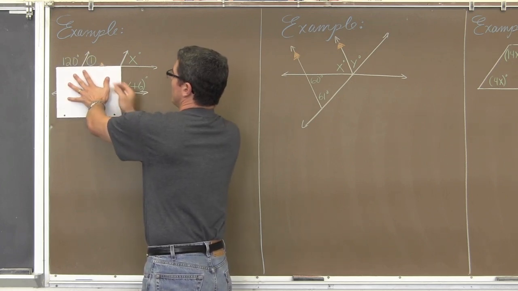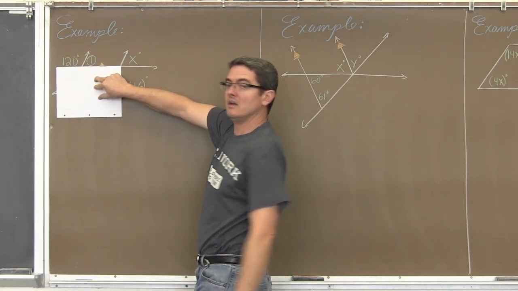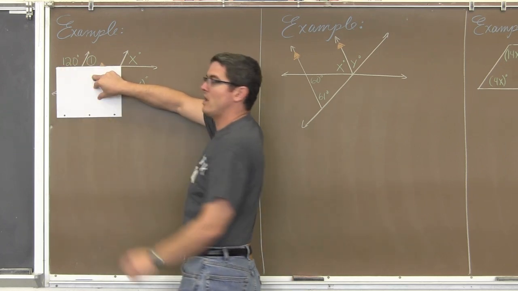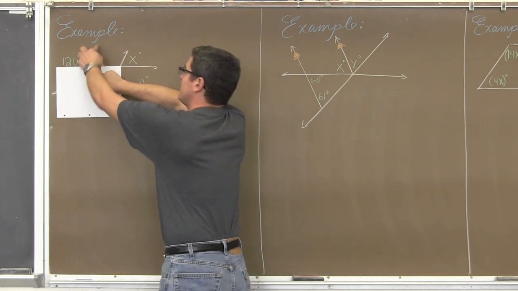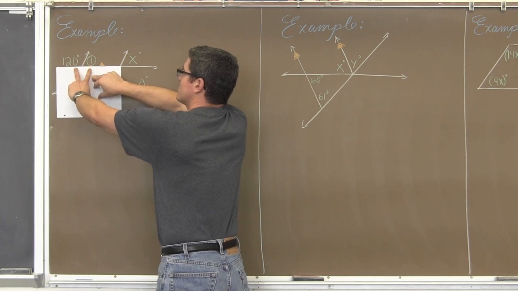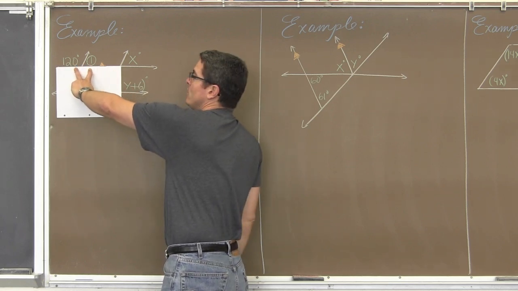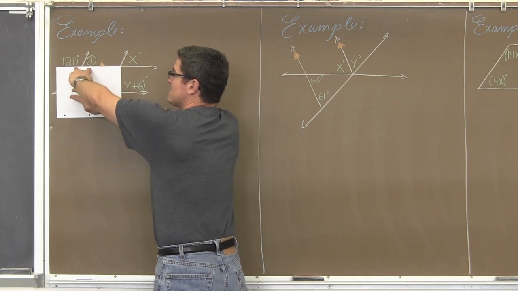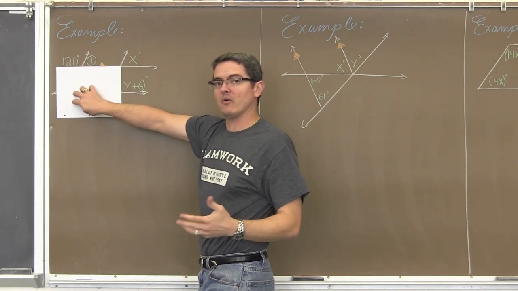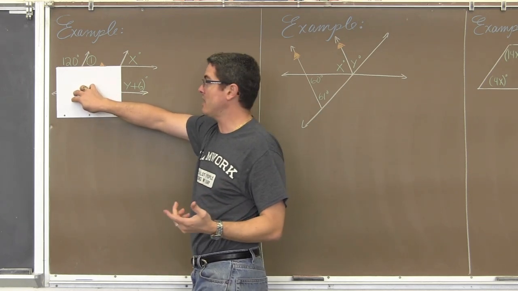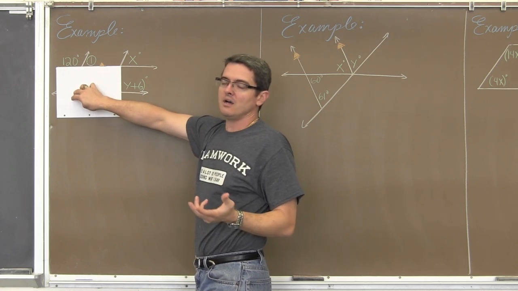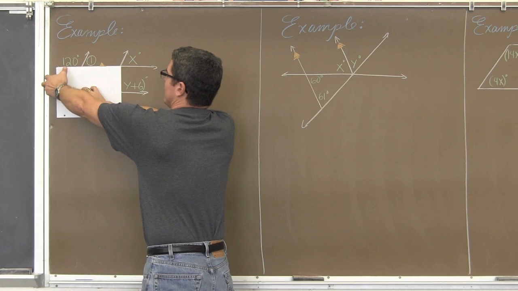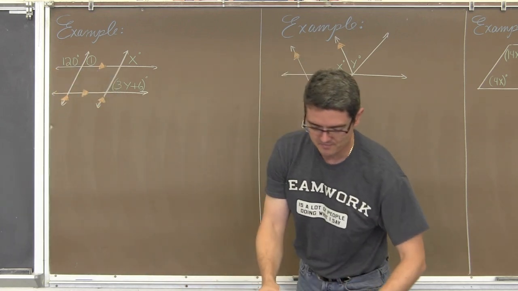If I cover up even more of this diagram, we see that this angle here, the 120 degrees, and this angle that I've put the 1 inside the corner, this is a linear pair. These are 2 adjacent angles forming a straight line. Well, that is the definition, that is what a linear pair is: 2 adjacent angles whose non-adjacent sides form a line, or opposite rays, if you will. So these are going to add up to 180 degrees.